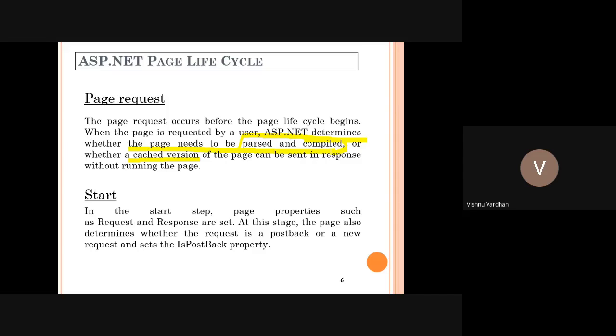So between the client and the web server, there can be a cache server, or some cache objects which work across all the incoming requests. They will check whether any previously generated response is available in memory. If it is there, directly, suppose I draw here: this is a cache, this is a web server, and the cache here and the client browser, B for the browser.